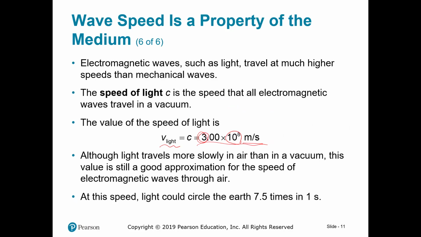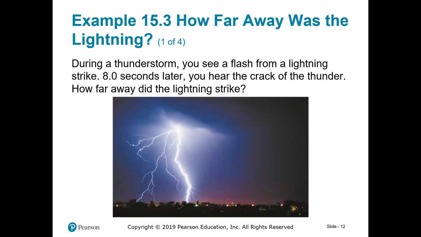For example, this is one of the very famous questions you will see. During a thunderstorm, you will see a flash from a lightning. Whenever you see the lightning, because again the speed of light is 3 times 10 to the 8 meters per second,